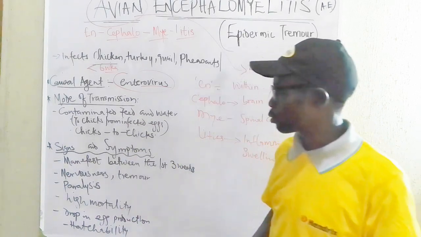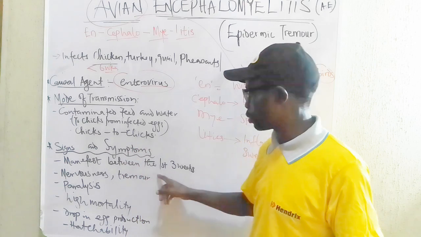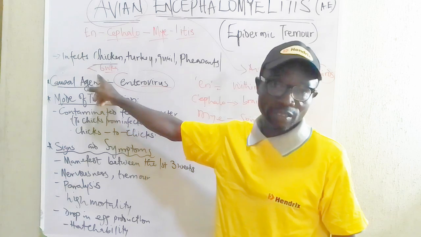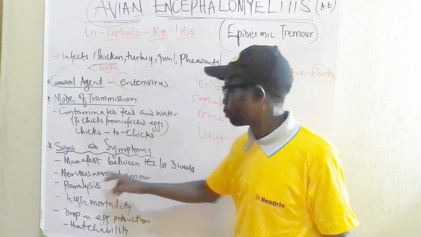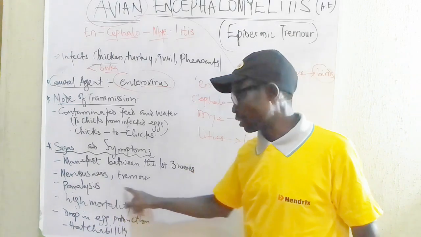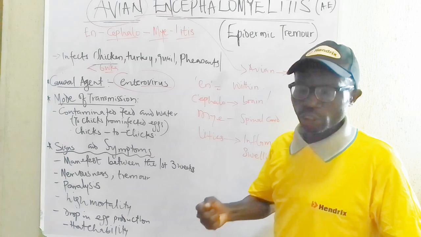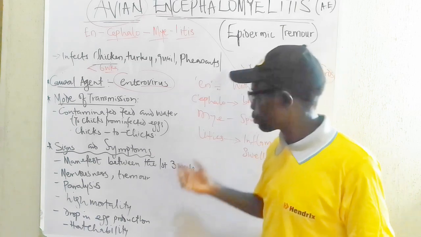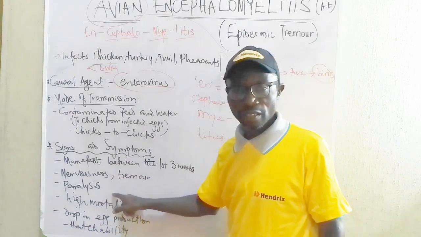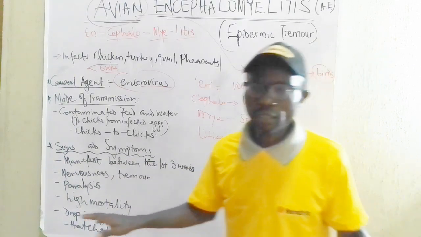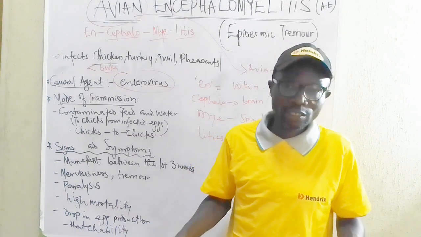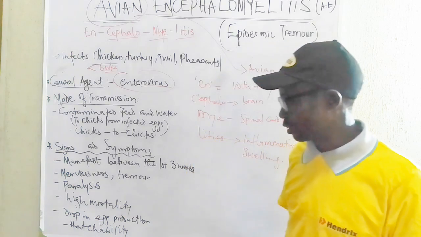Now, the signs and symptoms usually manifest within the first 3 weeks. I've said this for chicken, usually less than 6 weeks. You see the signs. I've talked about balance. You see nervousness and tremor, the bird is afraid or shakes and can't control itself. Because it also affects the spinal cord and the brain, it's going to cause paralysis. You also see the bird prostrating, it can't stand upright. Even when it tries to stand, it's shaky, even when there's nothing threatening it.